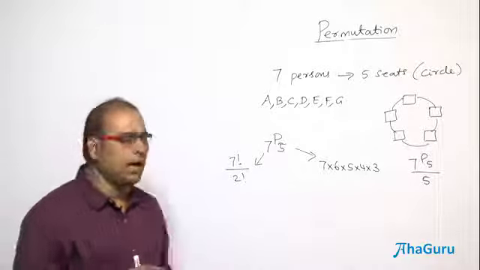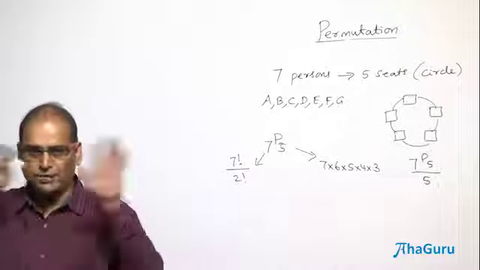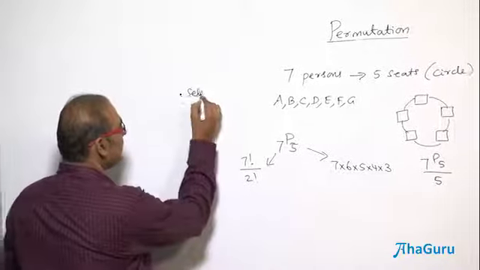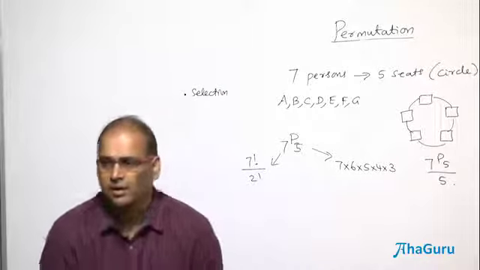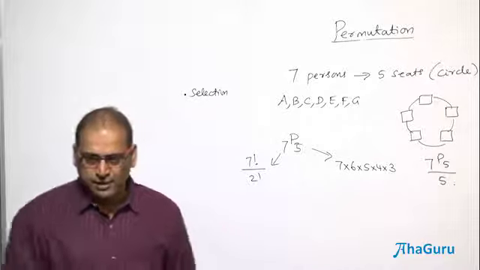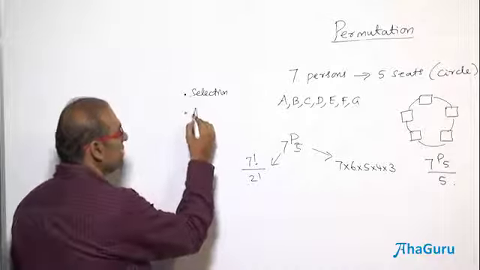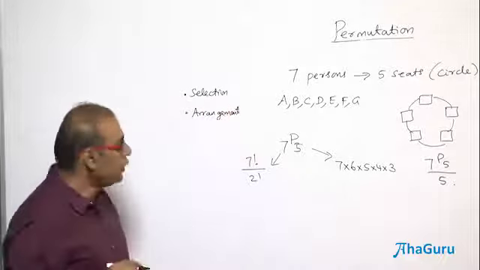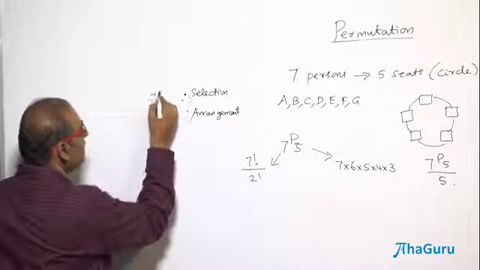Okay, so I can think of which 5 will occupy these 5 seats. So I need to select some 5 out of 7. So I am going to concentrate on selection first. So first process is what? Selection. What is that selection? Which 5 should be selected? Theoretically, there are all possibilities, right? And then the second part is arrangement. The selected 5 are arranged circularly. So there are 2 phases. The first one is selection. Selection means it's going to be 7 choose 5